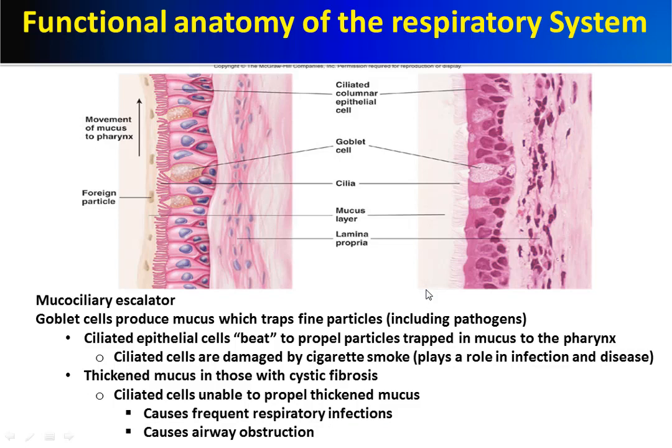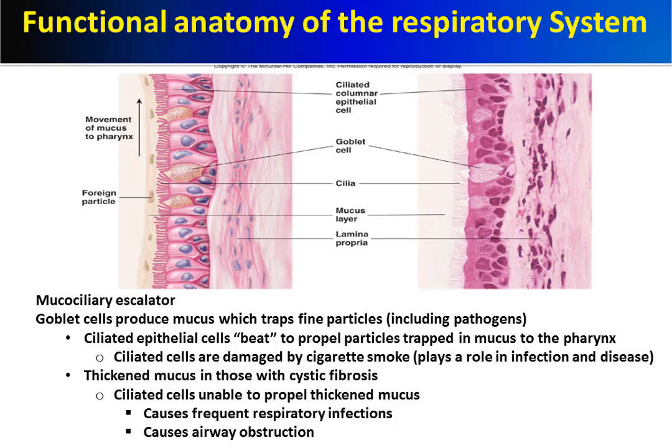This figure shows the histological structure of the wall of an airway in the conducting zone. This is the real histological structure, and this is a drawing of the wall of an airway in the conducting zone. Here we have cells known as goblet cells, and these goblet cells produce mucus, and this mucus traps the fine particles, including even the pathogens, which escape trapping by the hairs which we have